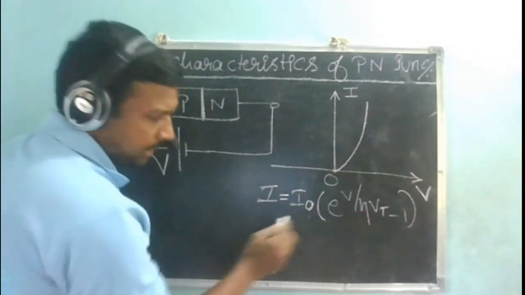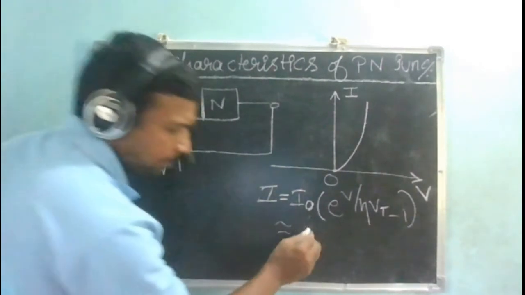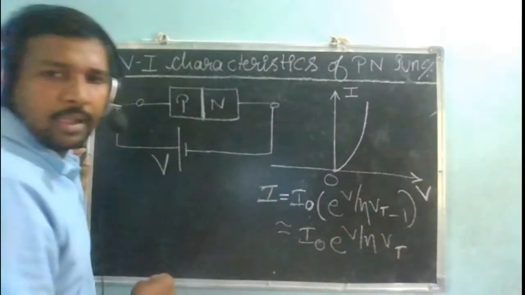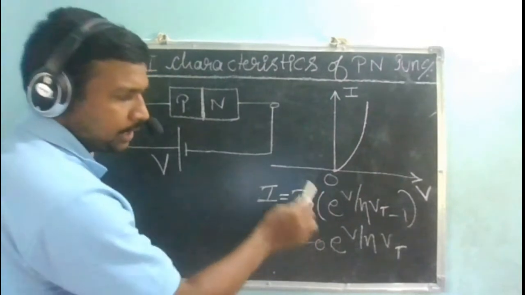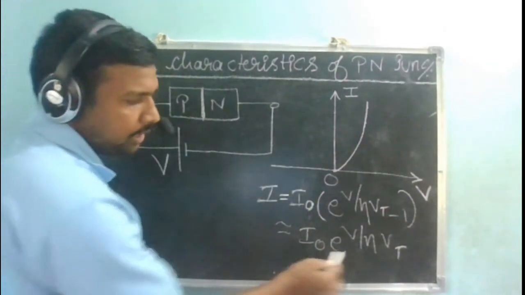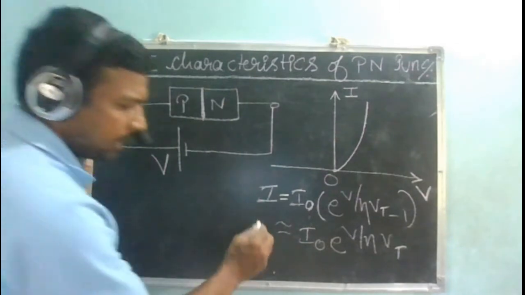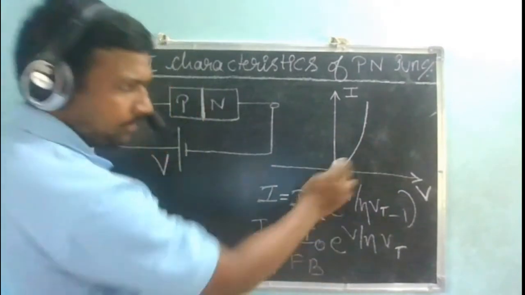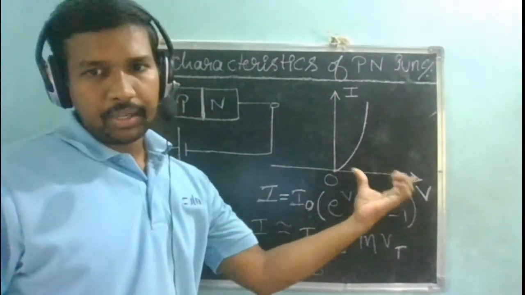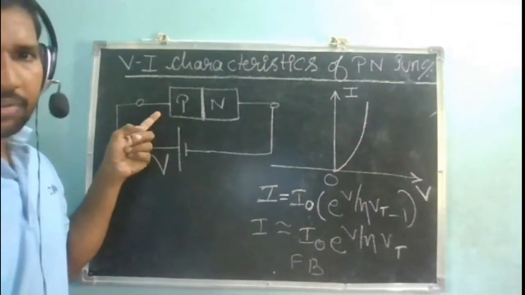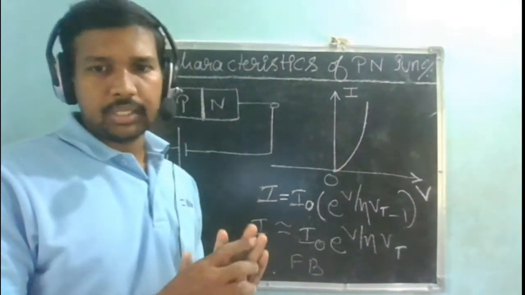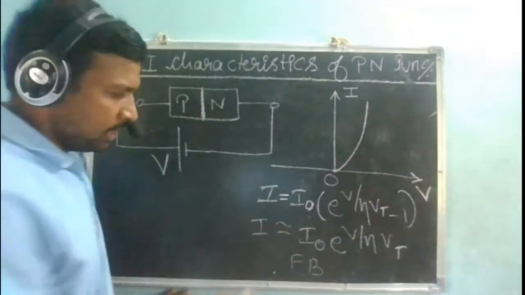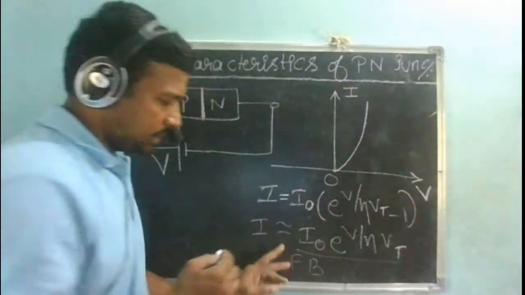When forward bias is considered, it is approximately written as I naught into e power V by eta Vt. What I have done is neglect the I naught when compared to I naught into e power V by eta Vt, so I can write the current through the diode like this, in the forward bias. All the voltage that I am applying is positive, so your P side is always more than the N side. So you are in the forward biased operation of the diode, and the current takes this particular form, which is an approximation.